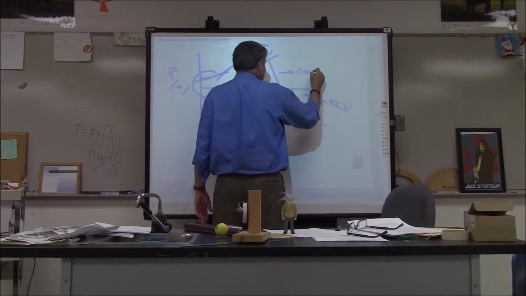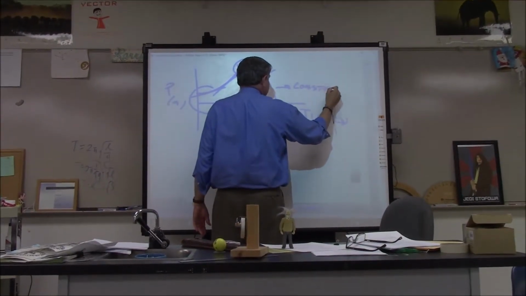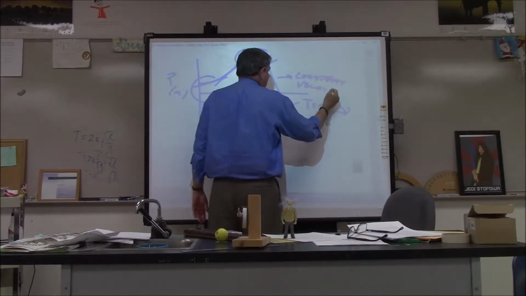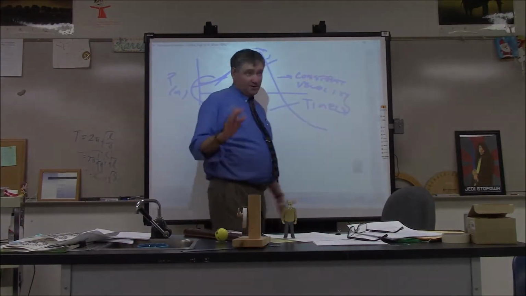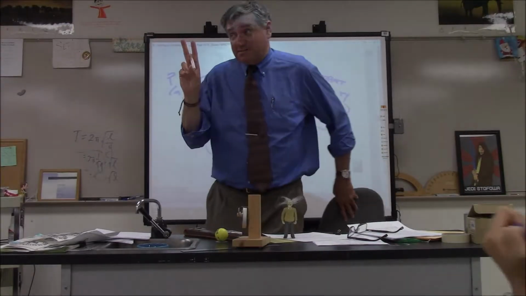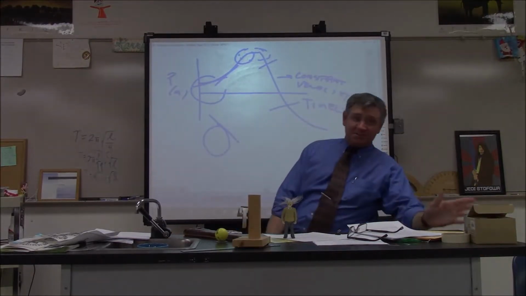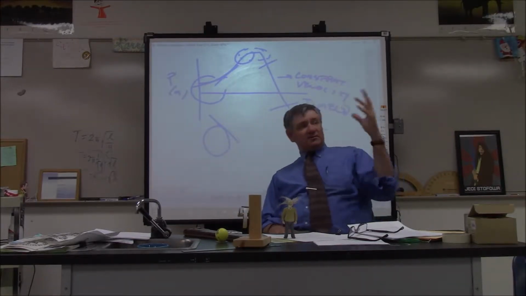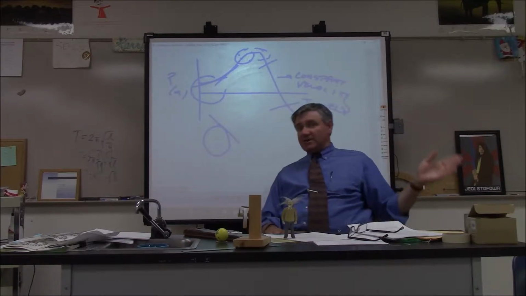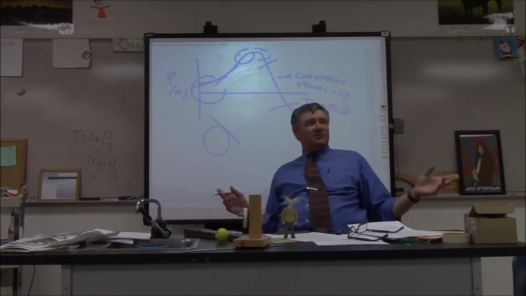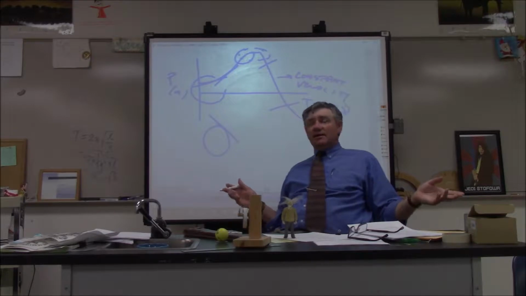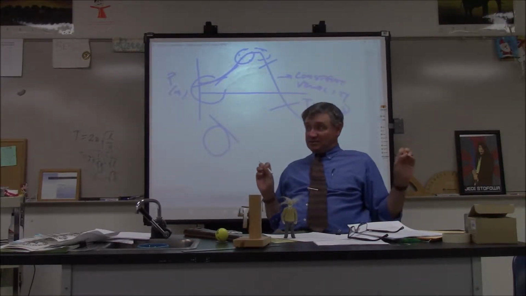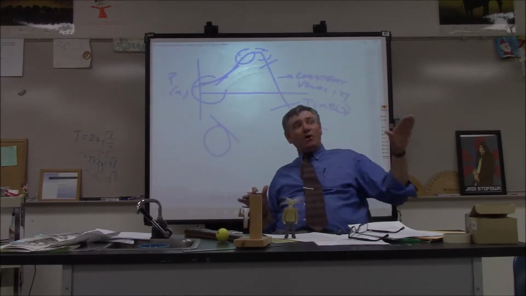Now, when you have a straight sloping line on a velocity time graph, this is what we call constant velocity. Now, this is a simple truth, but it makes life simple. Every motion that you're going to look at can only be one of two things. Either your velocity is changing, meaning that you're speeding up, slowing down, or changing direction, or you have constant velocity and your velocity vectors aren't changing. That's it.